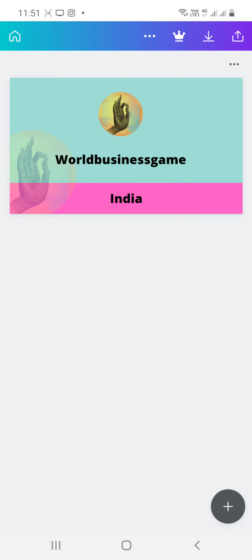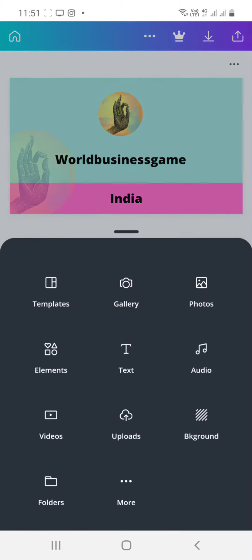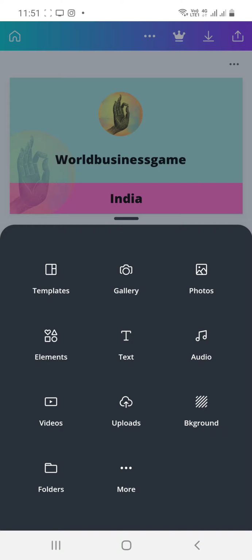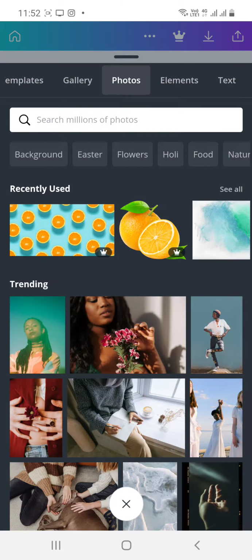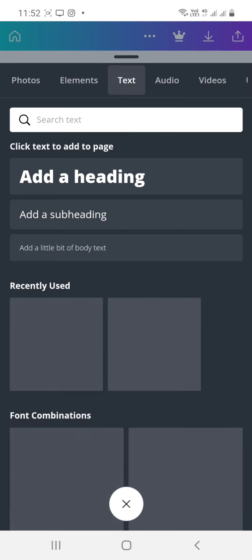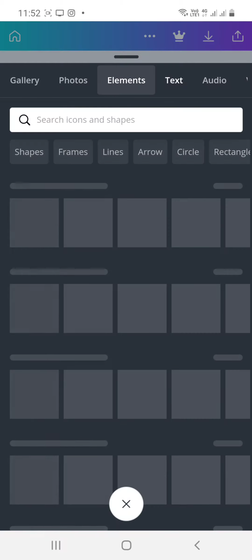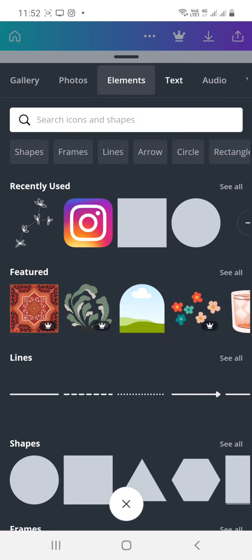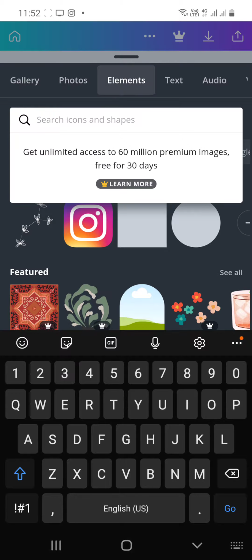Okay, let's get started. If you need to insert an icon, just go to the bottom right side, you will see a plus icon. Just click plus and then go on selecting photos, shapes, or any of the things. Text, we'll just go on clicking Elements over here, and in the search